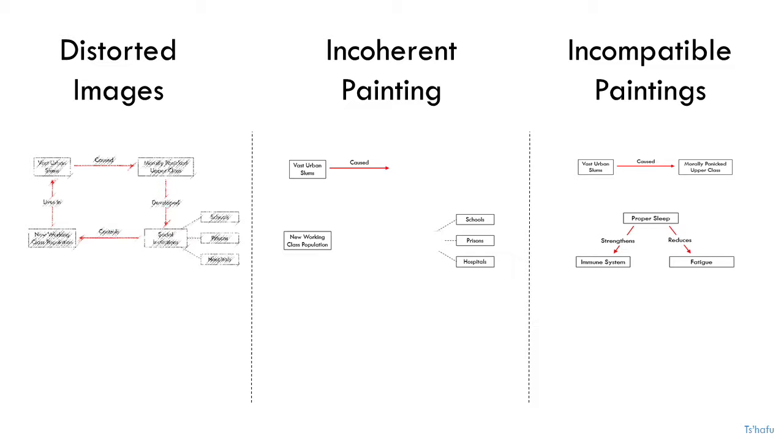So for the first, for the distorted images, we want to ask ourselves, have I sufficiently refined my objects and relationships? You want to make sure that you go back to your paper and really carefully analyze and say to yourself, well, have I actually made a case, both through logic, description, and evidence? Have I convinced my reader of these objects and these relationships? So you want to ask yourself these questions.